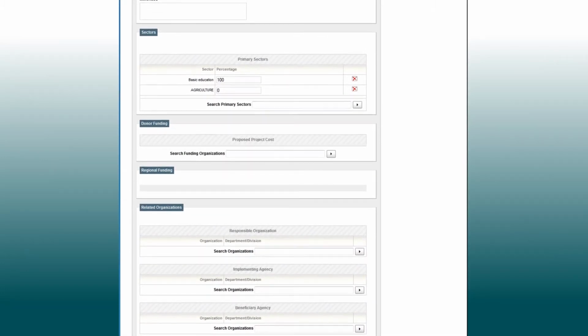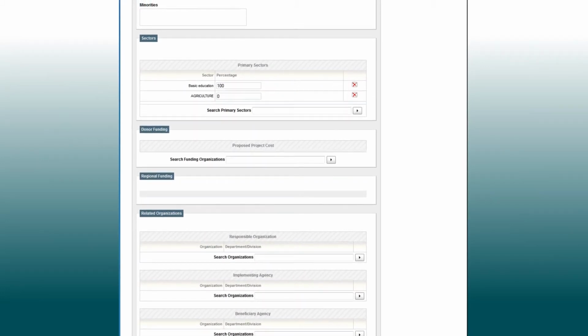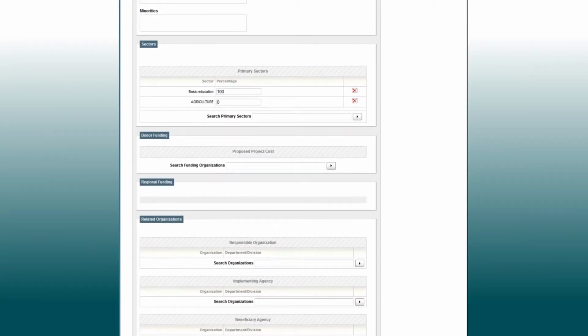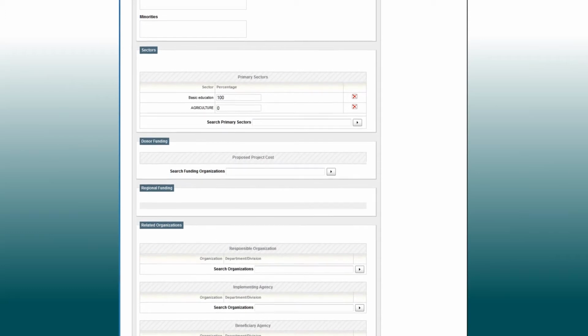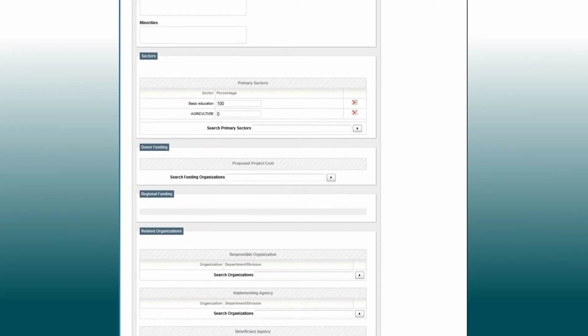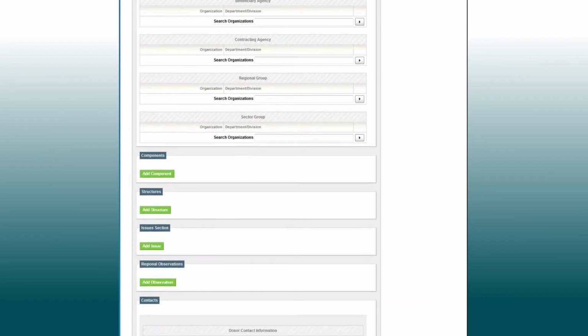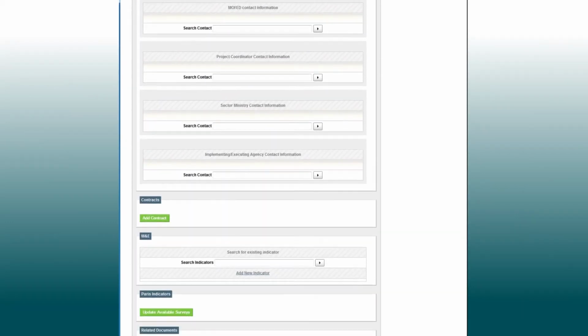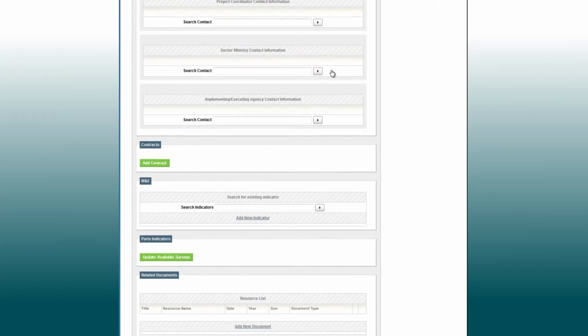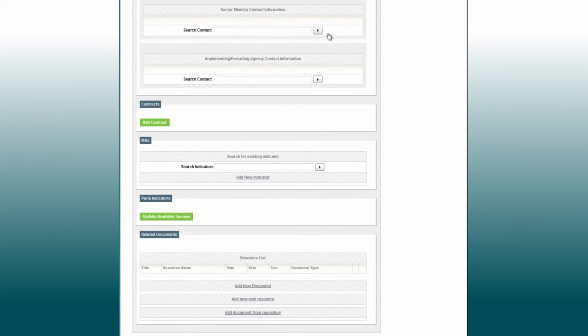In the Donor Funding section of the form, select the organizations that are funding the project. Then, click on each organization to enter commitments, disbursements, and expenditures. With AMP, users can enter even the most complex types of projects, including those with government counterpart financing, donor co-funding, technical assistance, and South-South cooperation.